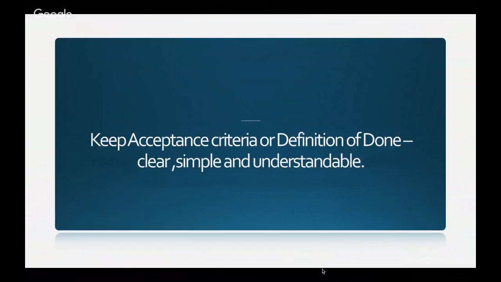My next point is to keep acceptance criteria or definition of done clear, simple, and understandable. Previously, in the normal STLC or software development methodologies, we used to have user requirements, user stories, and certain expected behavior. But nowadays, most people go with the agile model. So I highly recommend always keeping the acceptance criteria for every story well defined, clear, simple, and understandable,